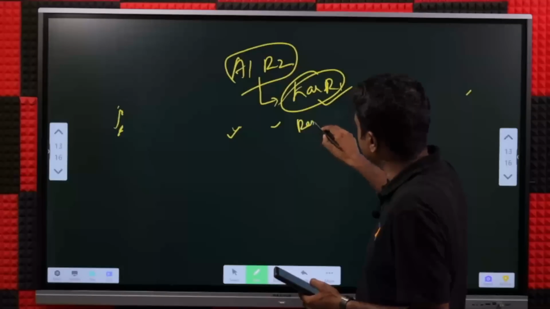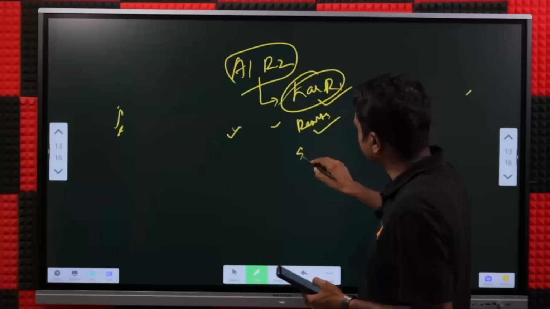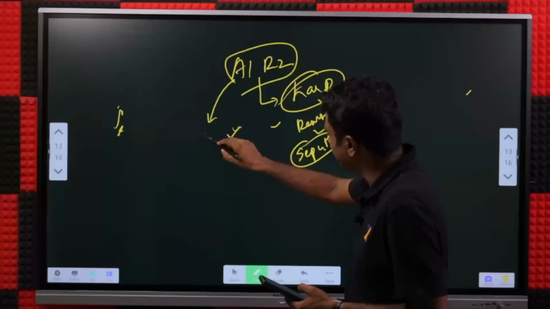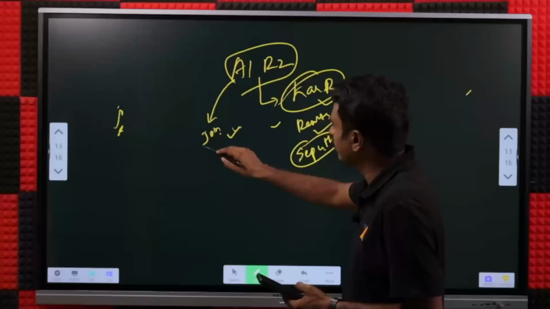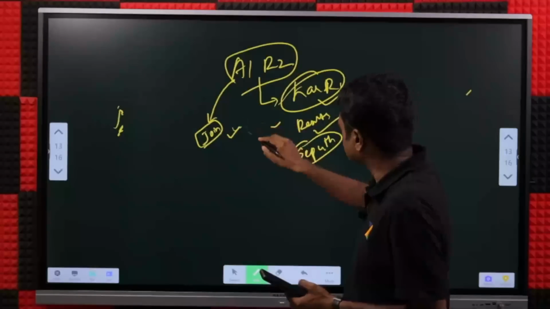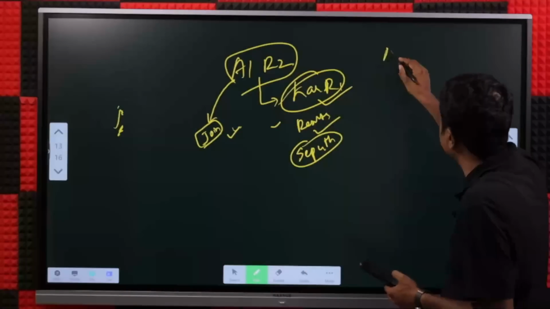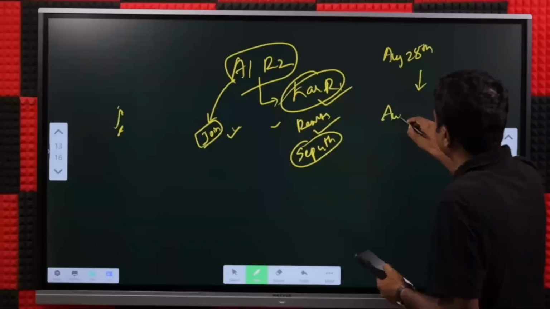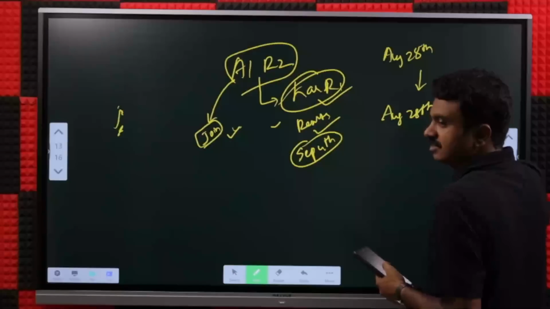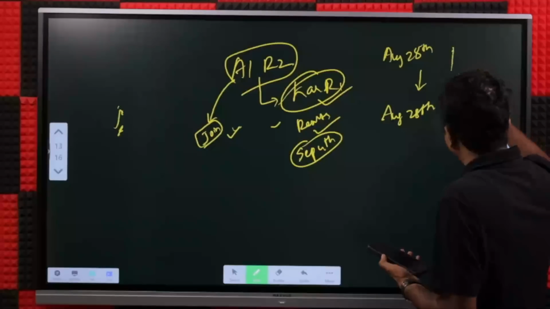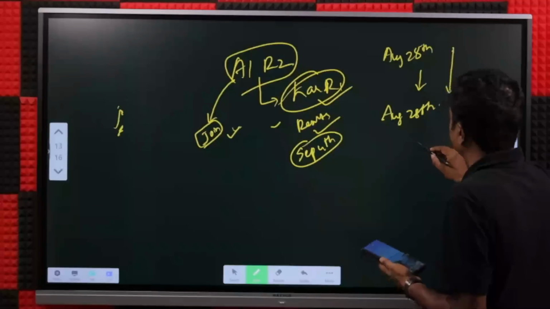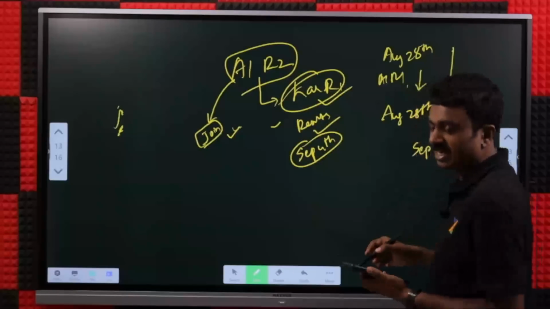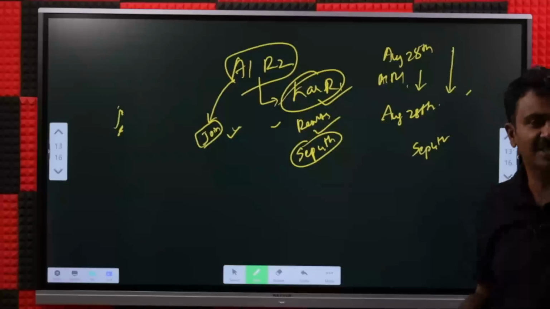If the results are, let us say, declared on a particular day before September 4th, then you won't even have to do it, because you can join your All India round 2 seat till September 4th, right? Wait for that timeline of joining. Don't even need to do anything. Let us say All India round 2 results are out on August 25th or 26th, and Karnataka results are out on August 28th, worst case. Okay. You just wait till 28th and not join, because you have time till September 4th to join your All India round 2 seat. This is the same for Andhra as well as